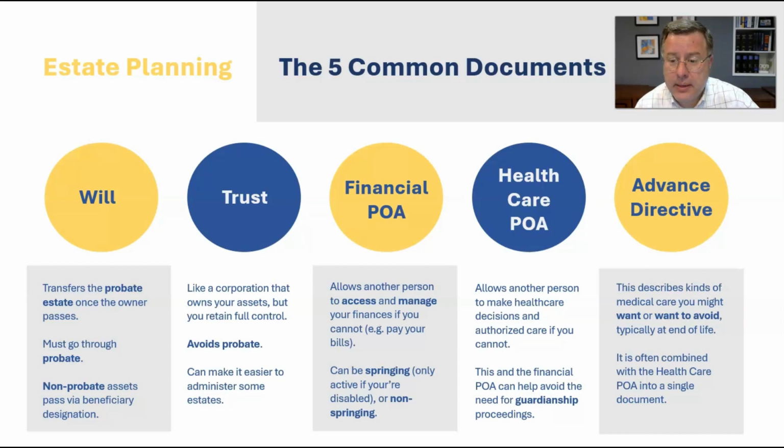So usually the big picture idea is going to be in circumstances where there's a diagnosis of a terminal illness, or you'll hear people talk about circumstances where somebody's in an irreversible coma. Do we want all measures taken to keep somebody alive, or do we want to have somebody be able to authorize things like palliative care or hospice? So again, this is something where it's not dealing with transferring assets when you die, but it's still a very important part of estate planning.